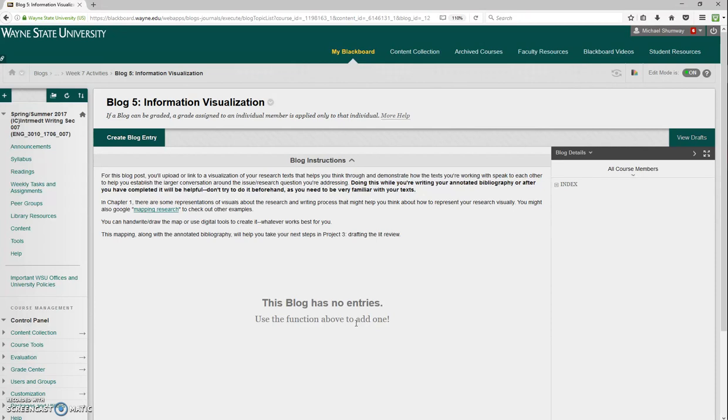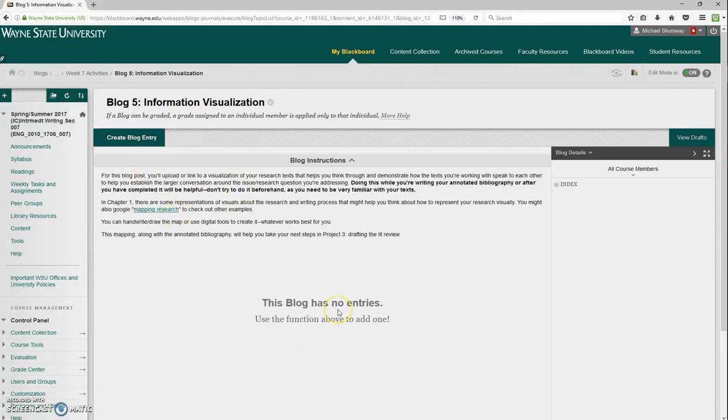And the reason that we do this is because a lot of times having to think about this project in various different ways besides just writing often helps students better grasp what their job is, how their research fits together. And so it's a really good, effective, but also quick and kind of time-saving way to think through all of the research that you've been gathering so far.